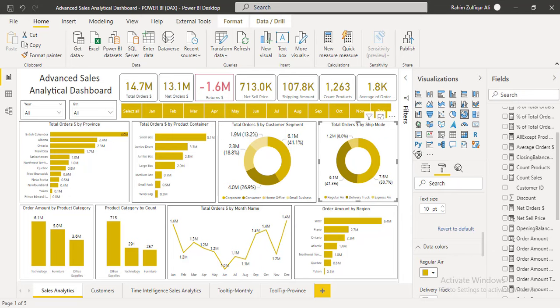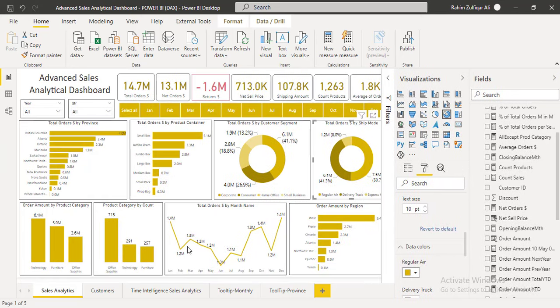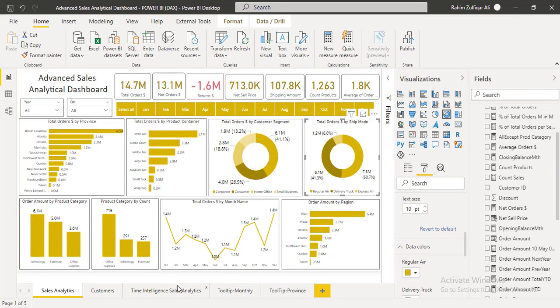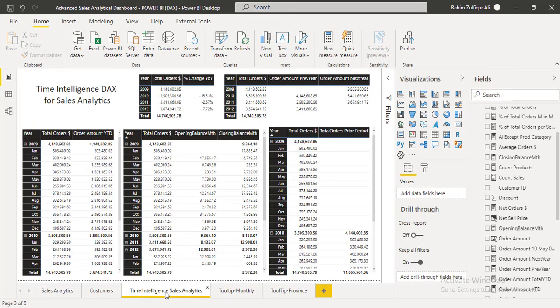Okay, now let's go to the interesting part where I have applied the time intelligence DAX. So let me take you to the time intelligence sales analytics page, and you can see 5 different kinds of tables. Basically these visuals are called matrices. In all those matrices, I have put the time period on the left side, specific to the years and months.